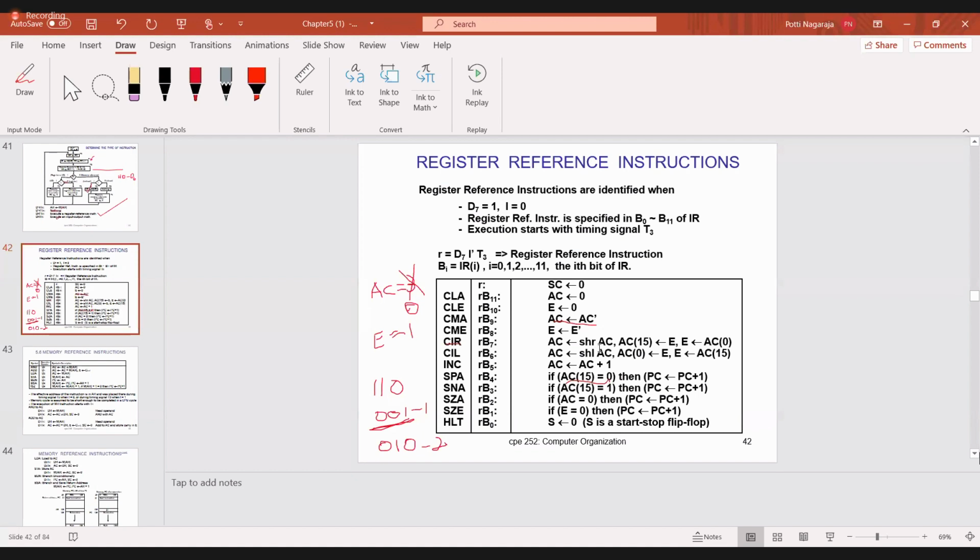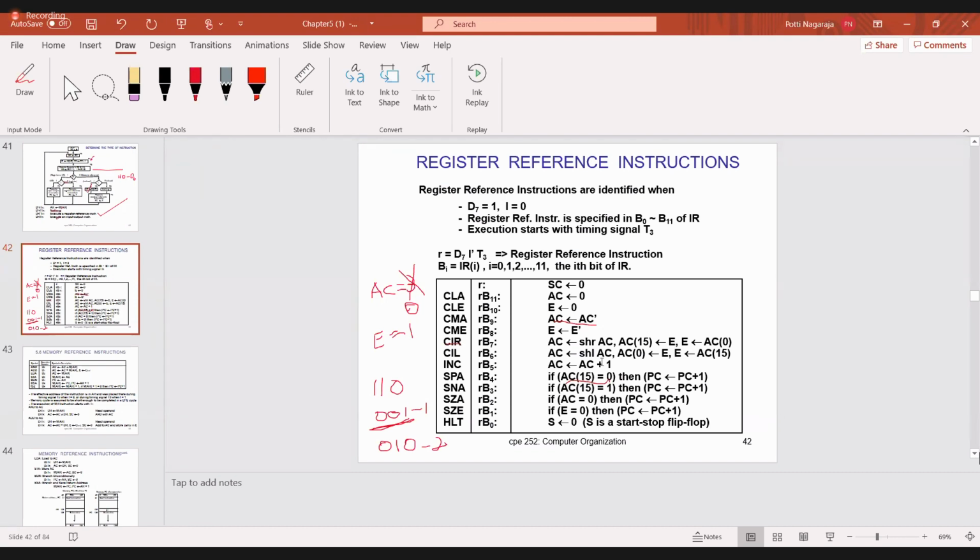So what you have to do here is shift right the accumulator, which is a 16-bit register. Now perform the shift right. Now what do you get from the accumulator's 15th bit? The E bit. And what does the E bit get? Accumulator bit 0. So accumulator 0 is transferred to E, and E is transferred to accumulator 15.